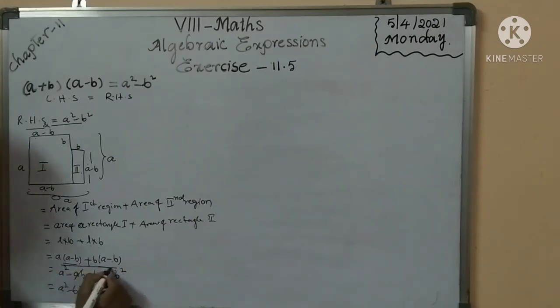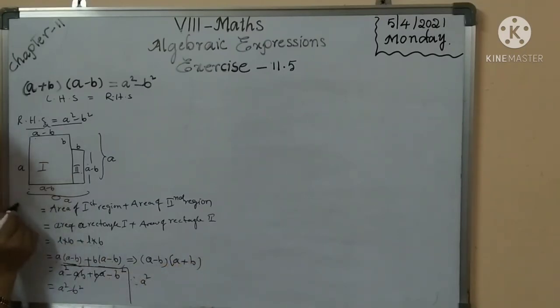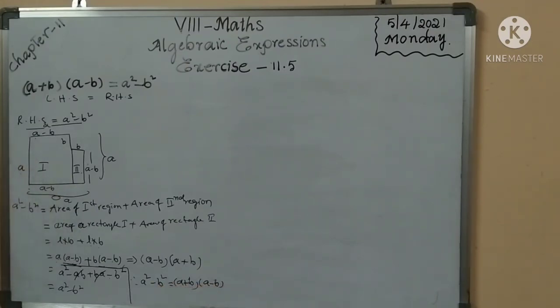This is another method. Up to here, one observes that this group has an a minus b term, and this group also has a minus b. So we should write a minus b common. What is left here? With a minus b common, keep a plus b. So finally, a square minus b square equals a plus b into a minus b. Understand? This method, understand?